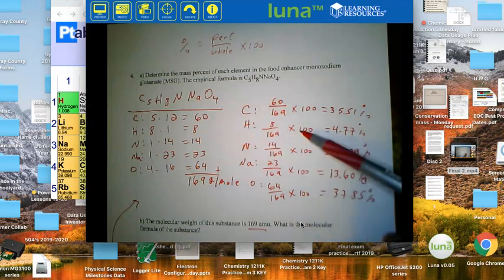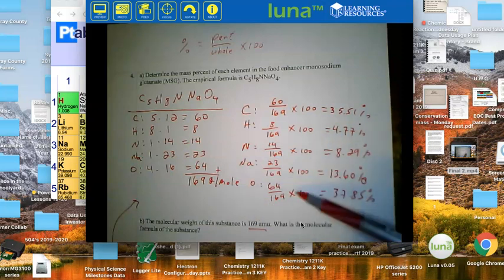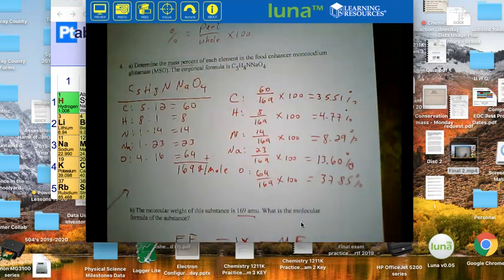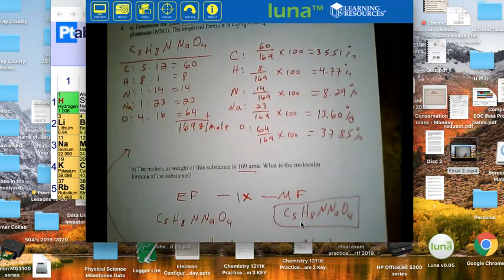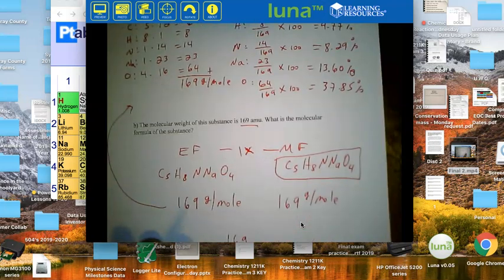So I do that for every element: part divided by whole times 100. I do that for each element to get the percent, which is the mass percent, for each element in the compound. All right, so then